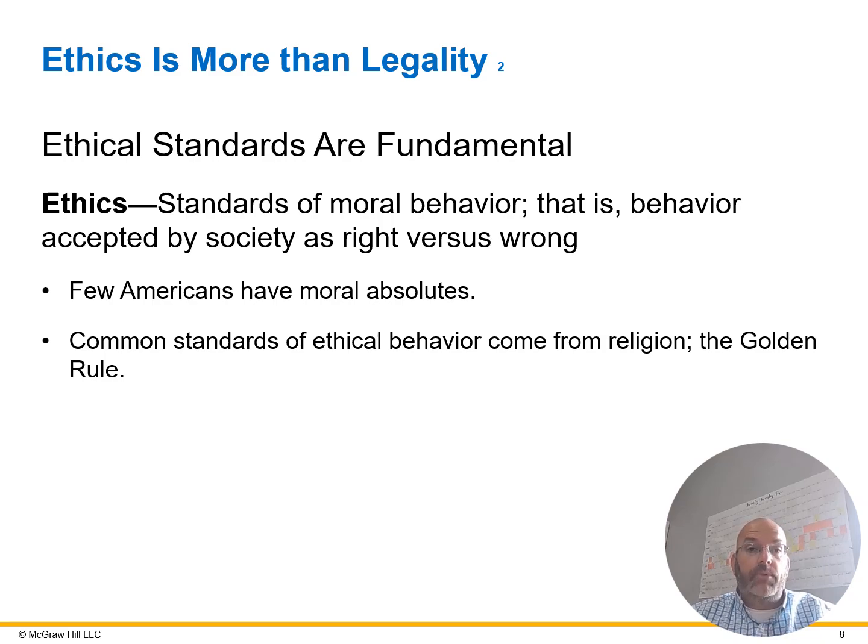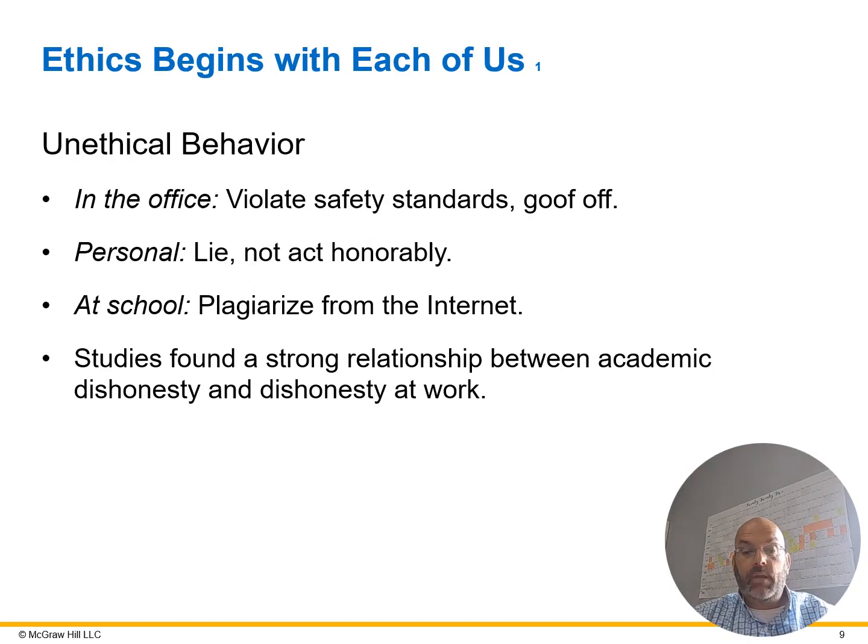Okay, so where do your standards of ethics come from? A lot of people get them from their religion, the golden rule, what Nana said, their upbringing, things of that nature. So these are all the different standards that you have, and that's what makes up ethics. All right, so now we have our standards, wherever you base that off of. Now let's talk about unethical behavior. This is something that does not conform to that ethical standard.